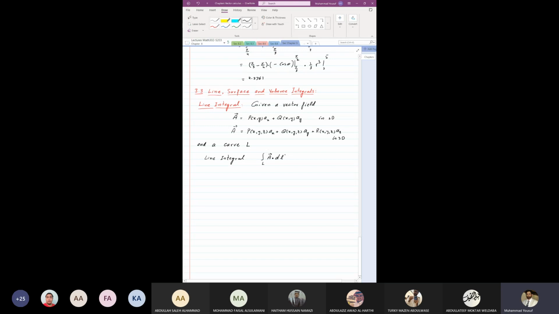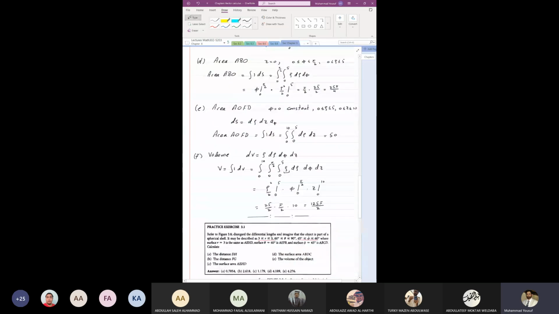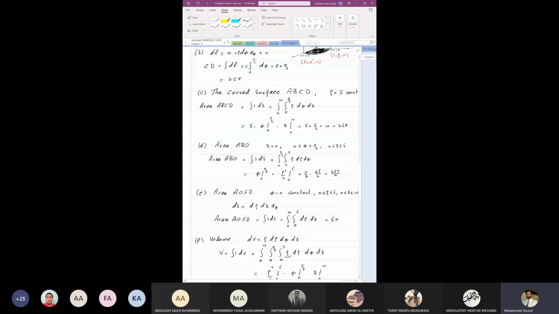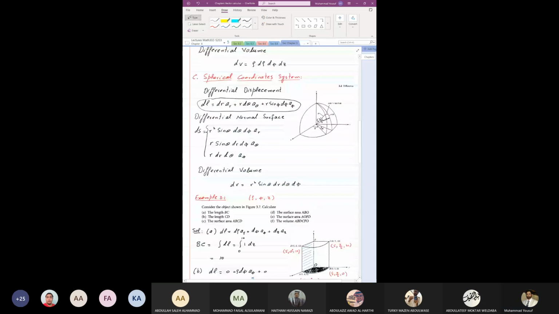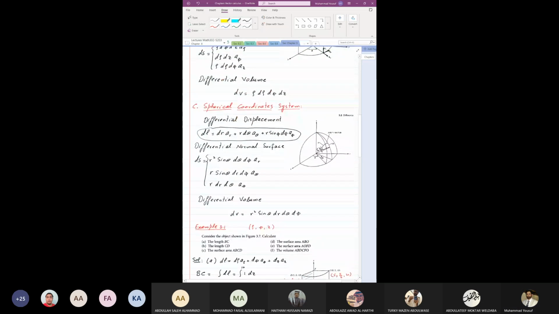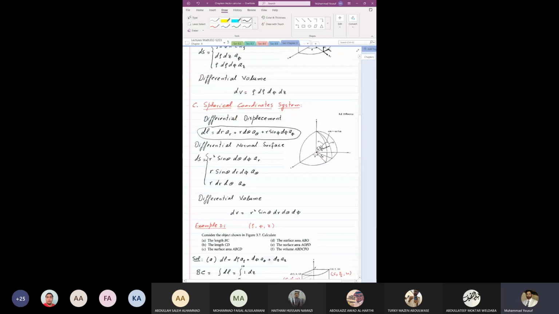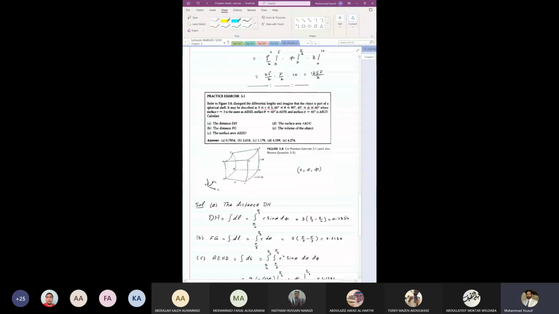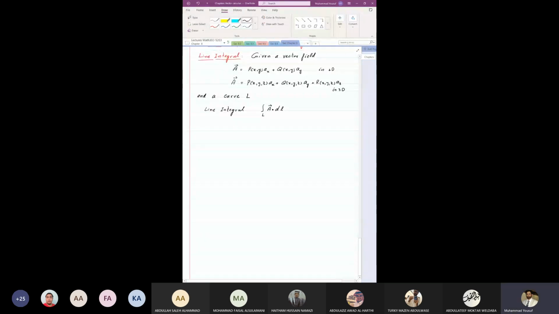Now, this dl is actually, the book can make them bold, but here when we are writing this, it is difficult to make it bold. What is dl is what you are seeing here. dl is dr ar, r d theta a theta, r sine theta d phi a phi. And then here is a dl, which is equal to